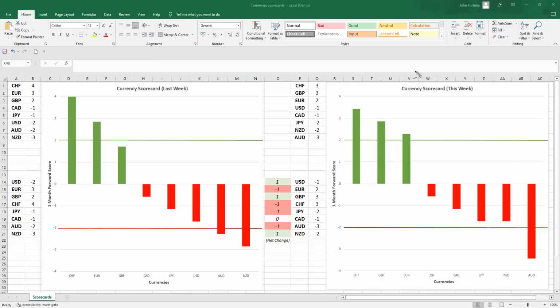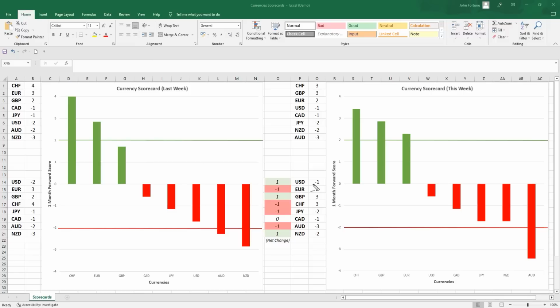We do have FOMC, and it's important to note that the interest rate decisions we have coming up can change the scores if they get very volatile. The scorecards are here most of the time to be predictive, to point towards, on a 1 to 4 week basis, the highest probability setups. However, with interest rate decisions, generally speaking, you're going to be better off being reactive, waiting for the decision to come out, because before it the market will just chop around and do nothing. Then after the decision comes out, you can look for those setups in those markets.